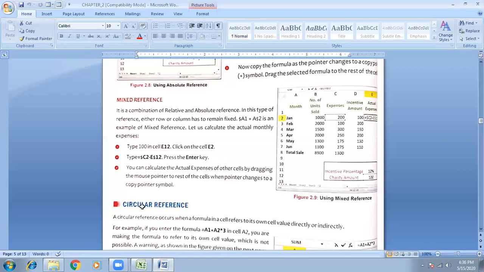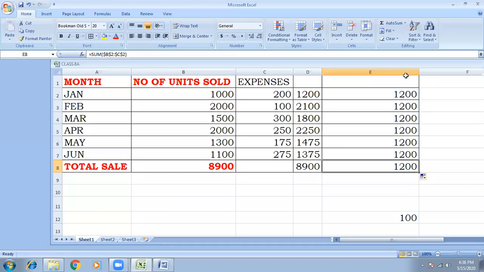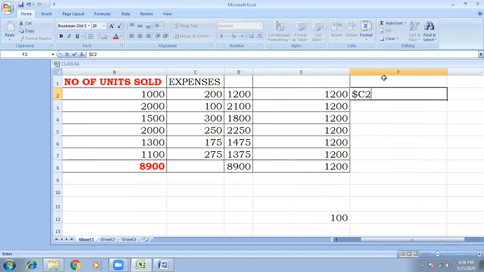First, you click on E12, write 100 in E12, and bring the cursor to a particular location. Suppose I take dollar C2, and first of all I write the equal sign, because I'm using a formula, then minus